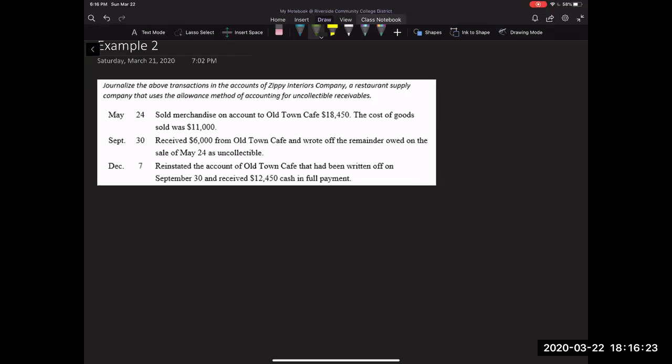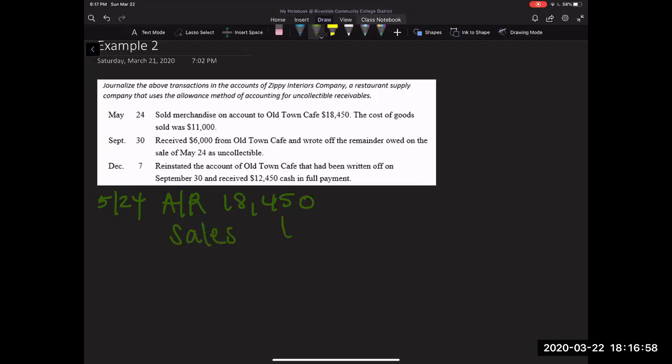On May 24th, they sold merchandise on account to Old Town Cafe in the amount of $18,450, and the cost of goods sold was $11,000. Let's see what this journal entry on May 24th looks like. So 5/24, we have a debit to accounts receivable in the amount of $18,450. And then my credit is going to be to sales,